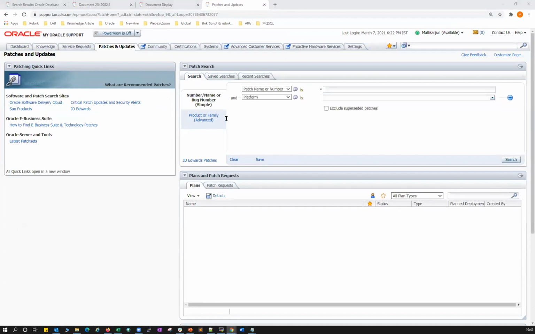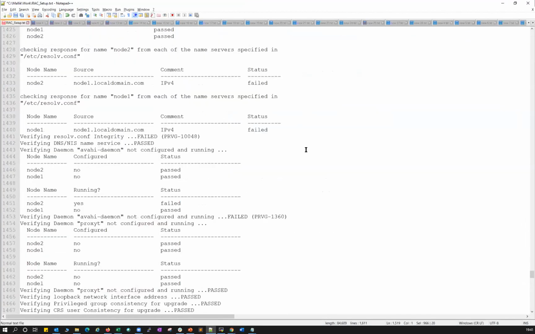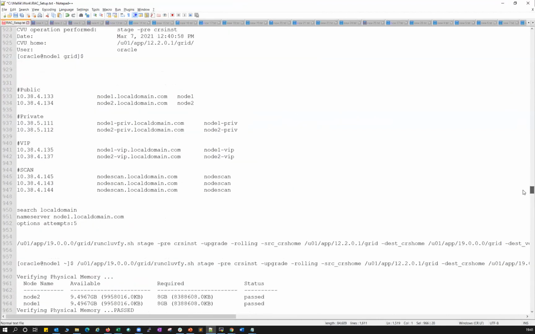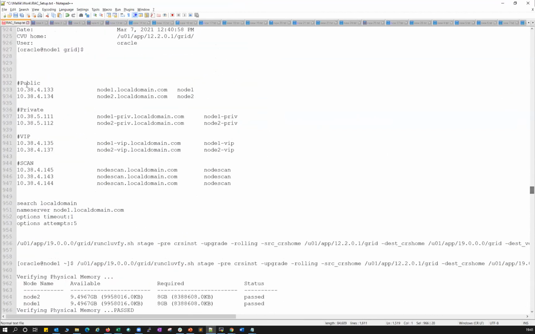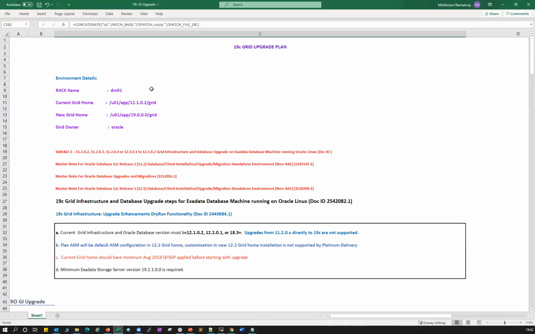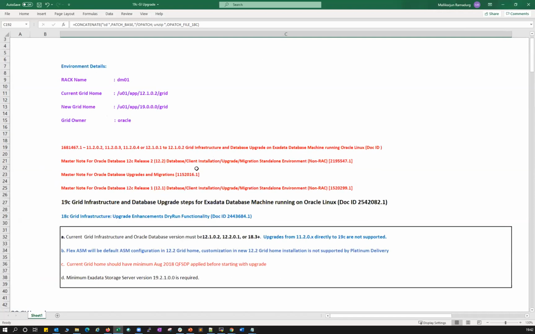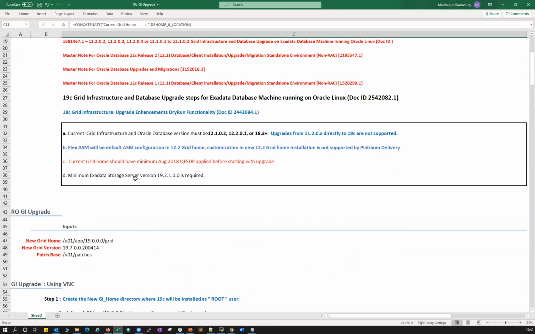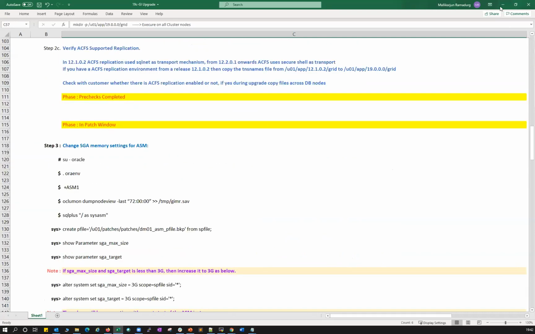Okay, before that, I will show you what I have done. This 12C lab I built today. Okay, this is my lab environment. You can see the public IPs, the private IPs, VIPs and scan IPs. When I did the 19C runcluvfy, we'll do it one more time now. When I did the 19C, the binary was already downloaded. And I believe I have already taken one session about the 12C to 19C upgrade, how I went through my upgrade plan. I hope everyone has this upgrade plan. I already shared it in our Telegram group.